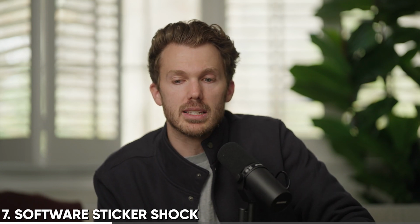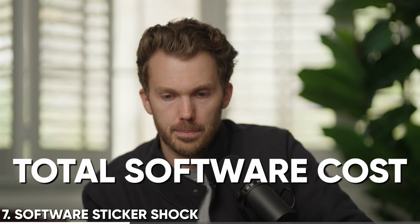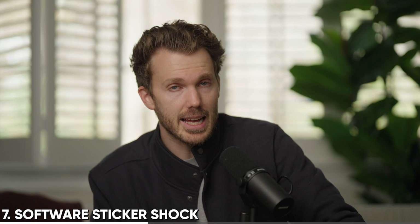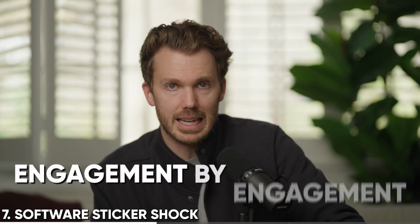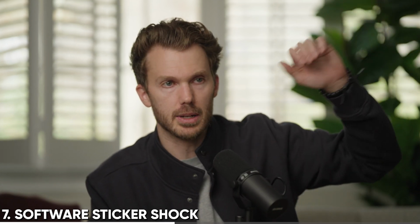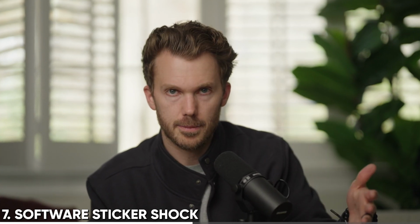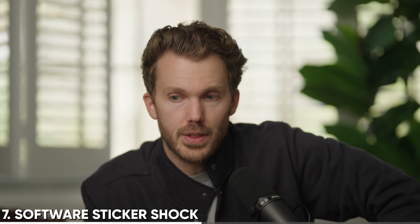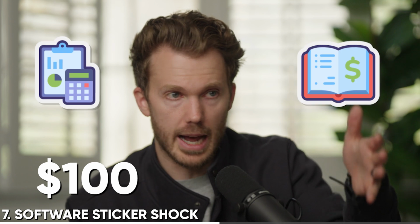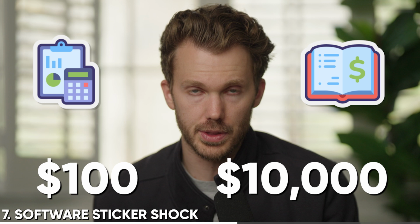Now, one trap here is thinking about software spend in aggregate, across all of the stuff that we do in the entire firm. And that number is, frankly, probably going to feel astronomical compared to say 10, 20 years ago. What we instead need to be doing is looking more on an engagement by engagement basis, because most of our deep core workflow tools, so not the PM, I'm talking tax intake, month-end close, most of those are now priced per engagement or per client. And the sad truth is right now, the best solutions have priced out part of the accounting firm market, because a $100 tax return, a $100 month-end close, versus a $10,000 tax return or a $10,000 month-end close,